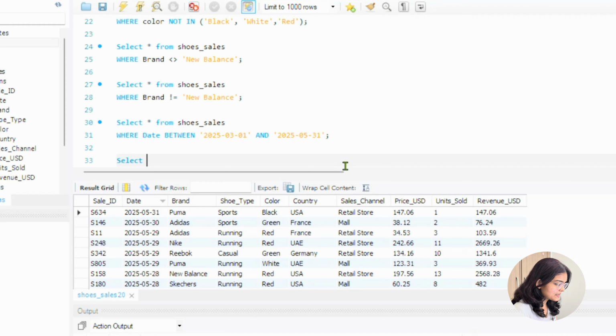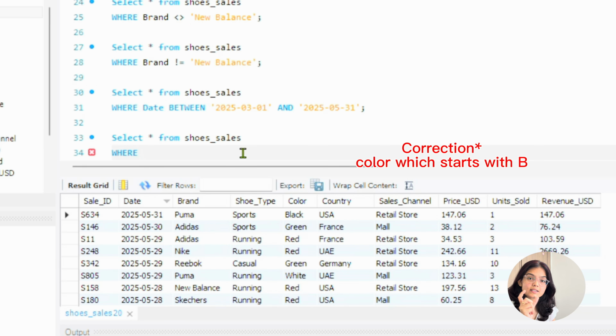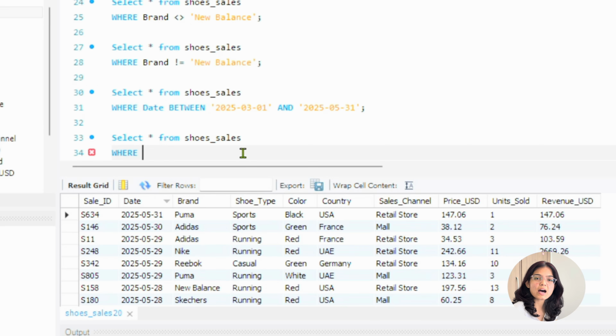Select everything from shoe sales where... let's imagine a situation where you want to see the sales of the color which starts with blue. I know it doesn't make a lot of sense, but if you have a different kind of data where you have names in your column or columns which actually make sense, then you'll understand the importance of it. But for now, I'm just going to show you the importance of this operator. So the color, you are going to use an operator called like,